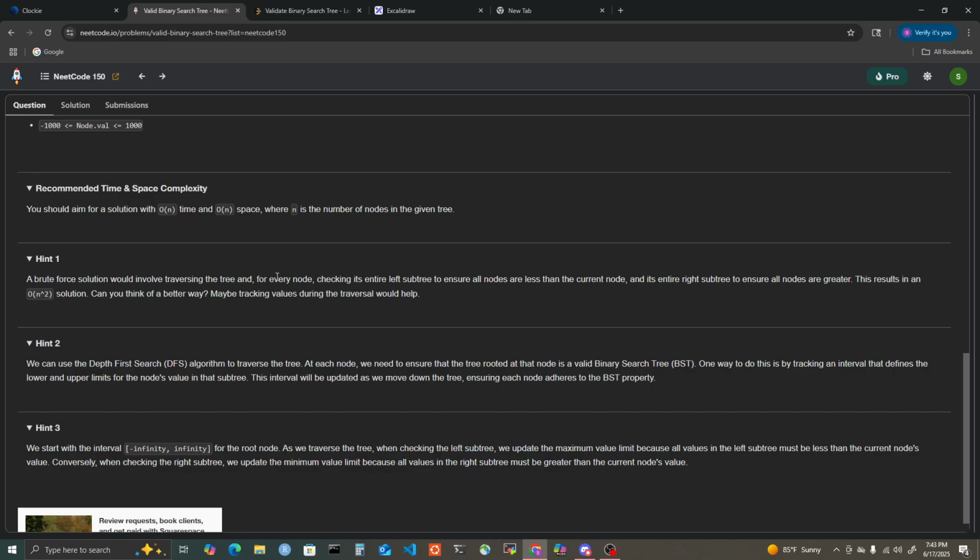We start with the interval negative infinity and positive infinity for the roots. As we traverse, when checking the left subtree, we update the maximum value limit because all the values in the left tree must be less than the current node's value. Conversely, when checking the left, we update the